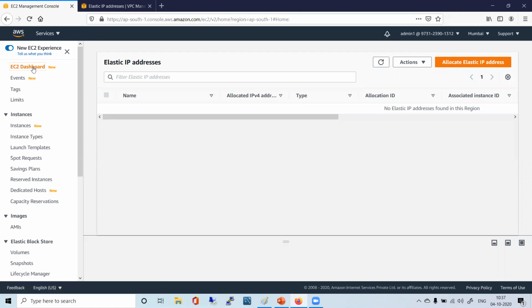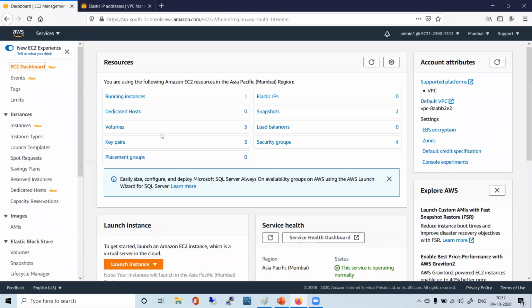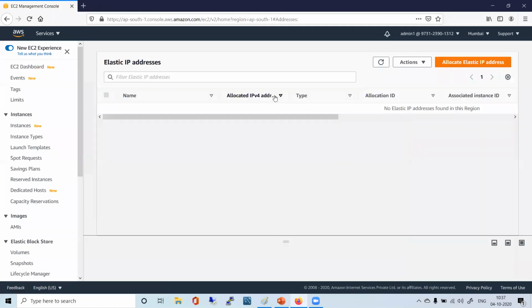So this is how you have to look for things. Just try to relate. It might be related to this, it might be related to that, where it should be. Just look for it. You have multiple options to go to the same place. Now, just click on allocate. As of now, nothing is allocated to us.